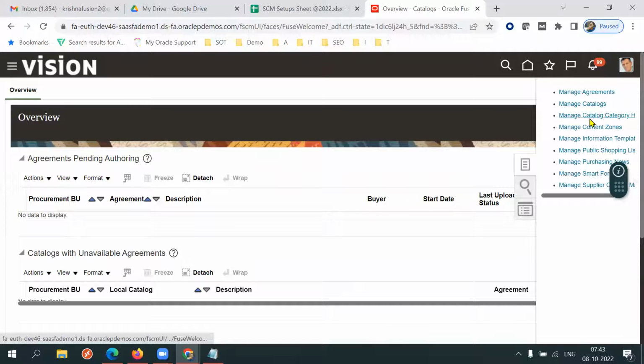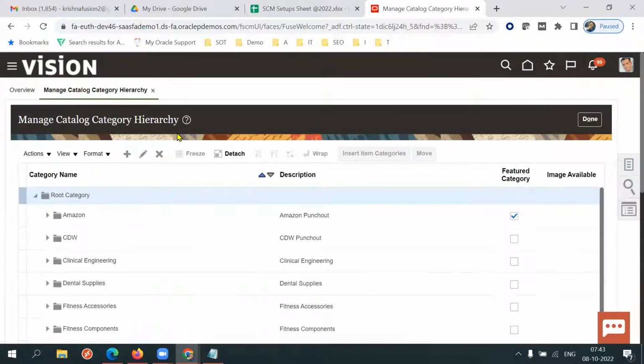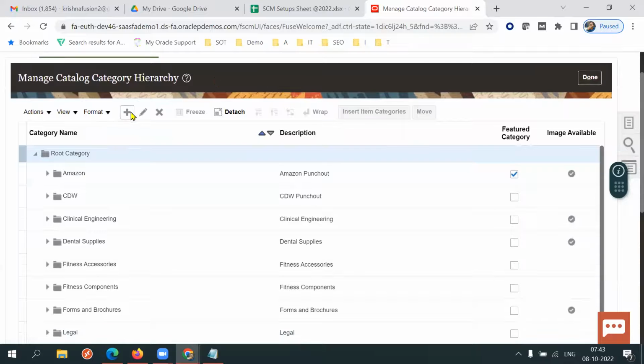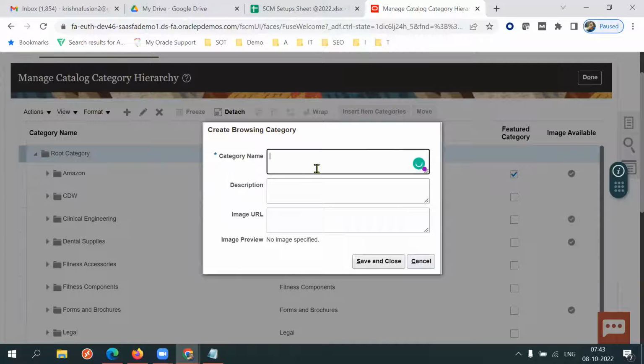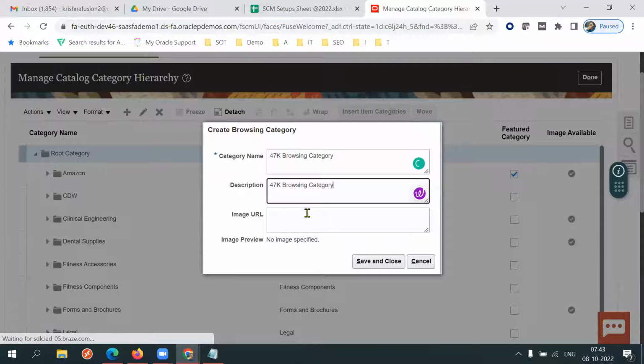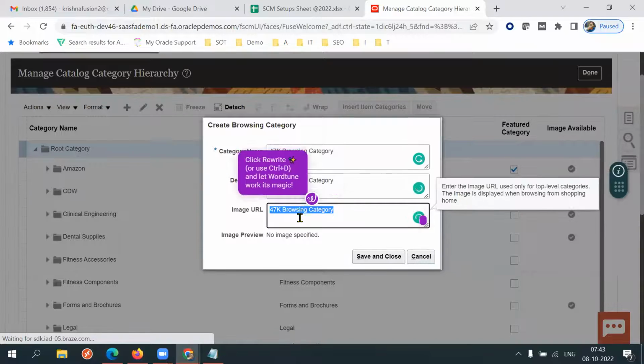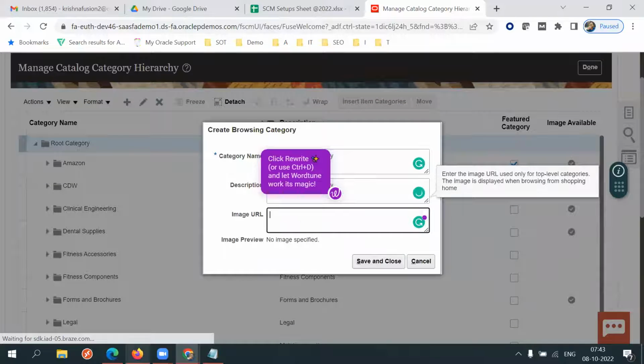Yes, Krishna. So here, manage catalog category hierarchy. So here I'm planning to create a, just for your understanding, I'm going to name it as browsing category itself. Browsing category. And image URL. Image URL is nothing but